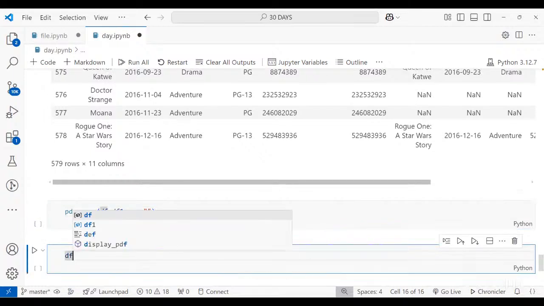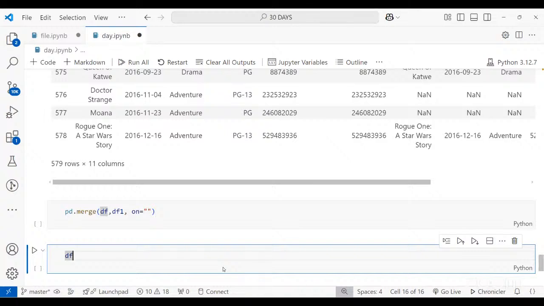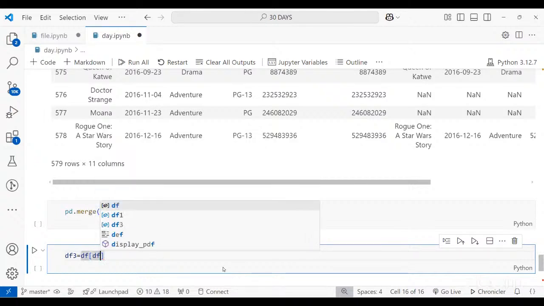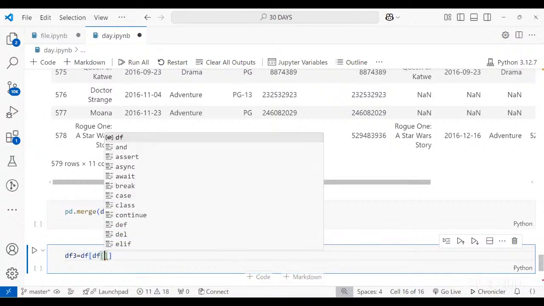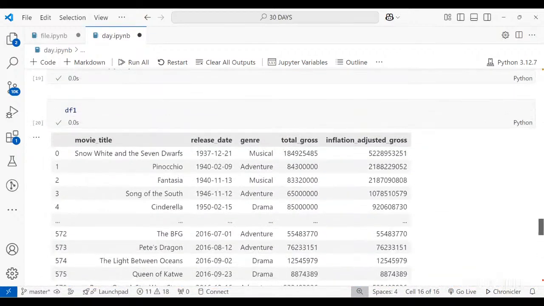Now, let's say I want to filter my data on the basis of certain criteria, or you can say on the basis of some conditions. I'm going to create one more new variable for the filter data. So df3 is the variable, and I'm going to apply the function on df. Now df is my original data. Now for which particular column is your condition? So let's say my condition is for